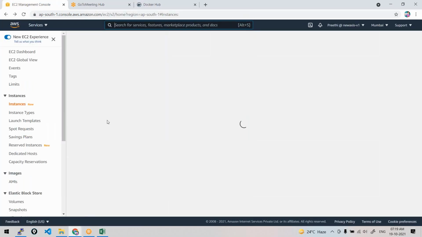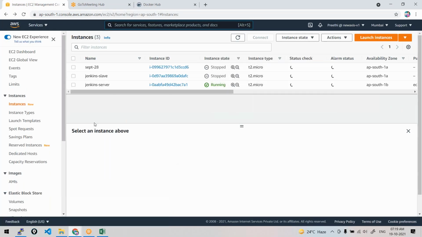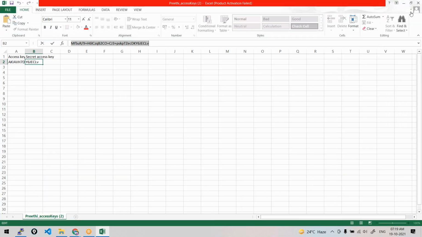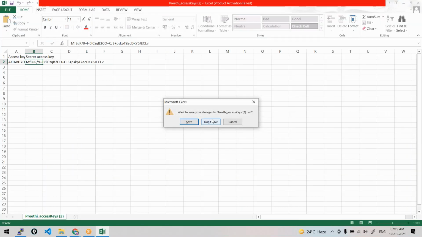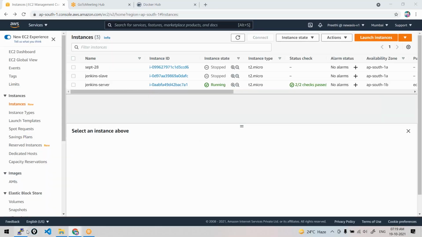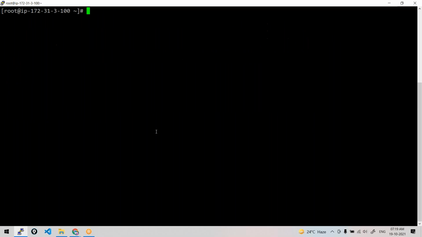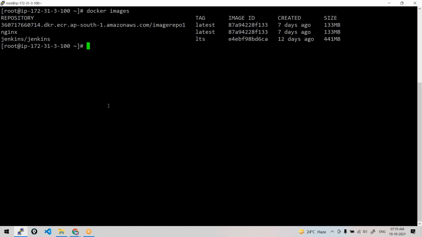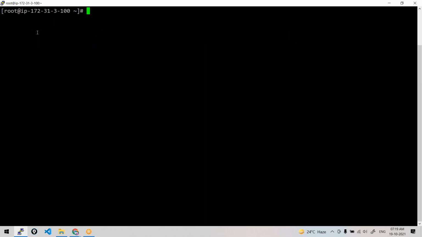Am I clear till this part, all of you? Got it clear? Shall we proceed to create our own images, or any questions here? Okay. So this is how you push. Let us talk about creating our own images now. If you have any questions, let me know. These are some sample images and all. Let's create our own image now. When you create images, there are multiple ways you can do that.